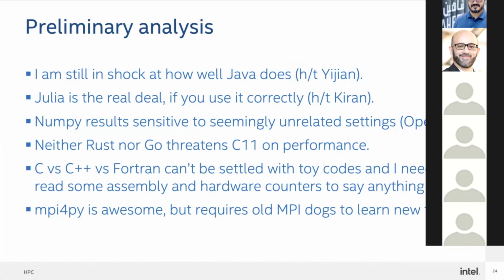And then lastly, I will note that I had more trouble learning MPI for Pi than I expected, but only because I know way too much MPI, which is to say that it took a while to train my brain that the capitalization made a difference and that I could skip some of the arguments and some things like that. So if you have read the MPI standard cover to cover multiple times, you probably need to read more documentation than if you just looked at MPI for Pi from a novice perspective.